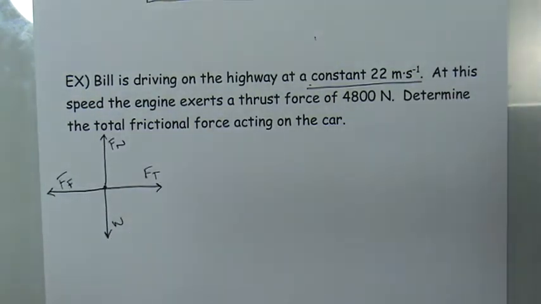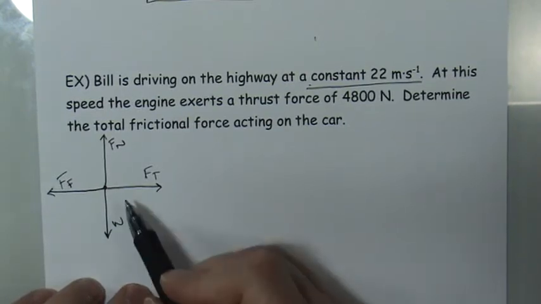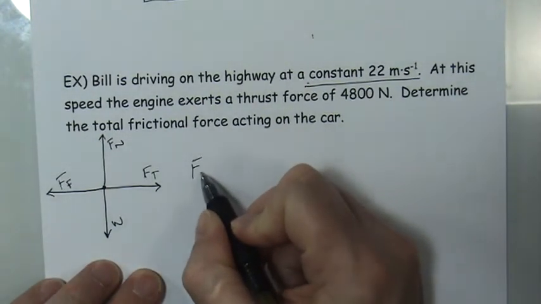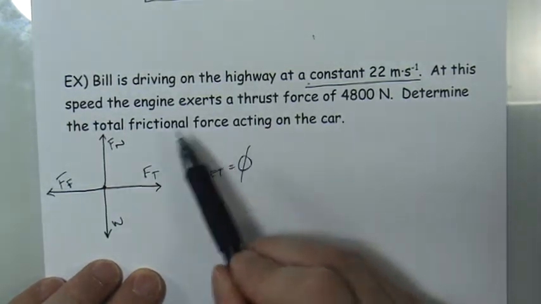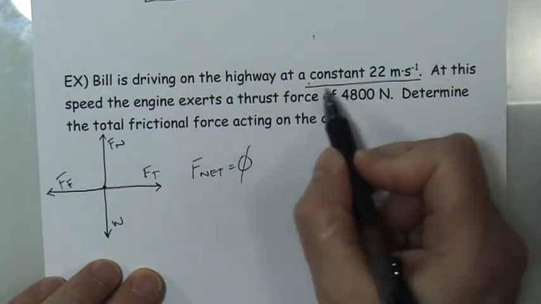I'm going to focus on either the horizontal motion or the vertical motion. I'm going to treat those two completely separately. That's a completely valid way to model the motion, to separate it into what's happening horizontally and what's happening vertically. So horizontally, the net force must be equal to 0, not because it said that it was in equilibrium, but because it said that the velocity was constant.